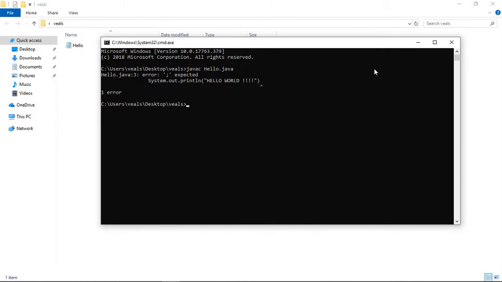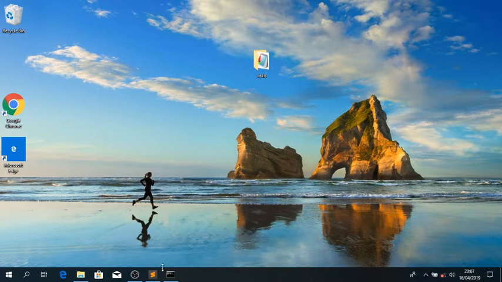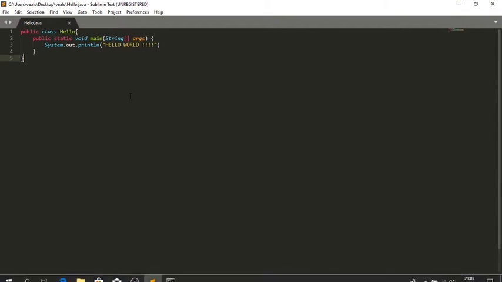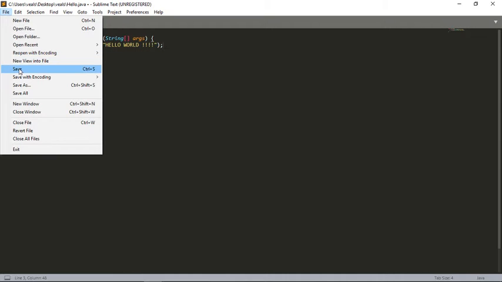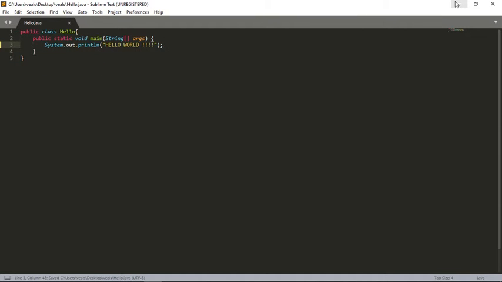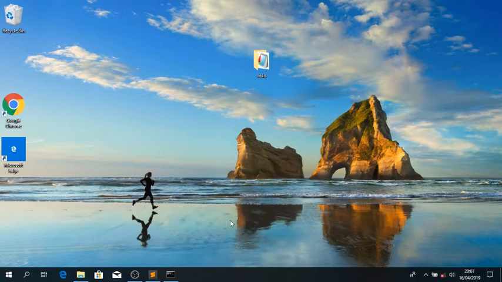So when we go to our Java code, this is our Java code. You will find at line 3 we don't have a termination after the System.out.println, which is an error. So when we put this and we save,